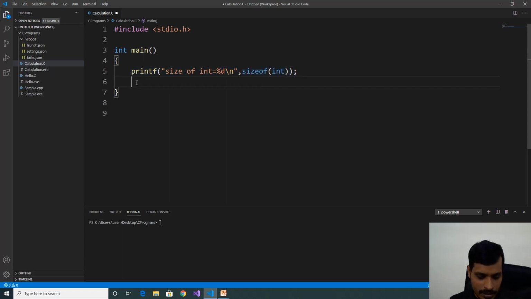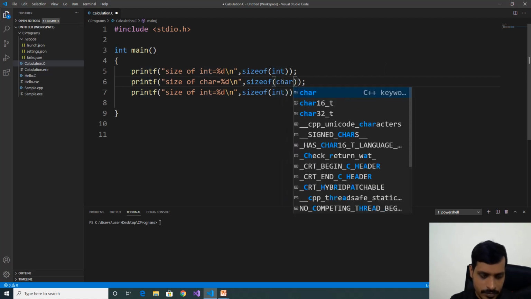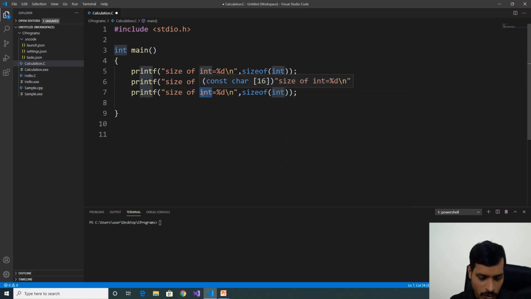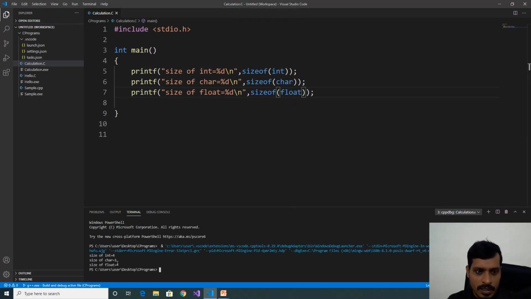Copy this statement and paste it twice. Here sizeof(char), change to char. Here float. Execute this code, Ctrl F5. Here size of int 4, size of char 1, size of float 4.